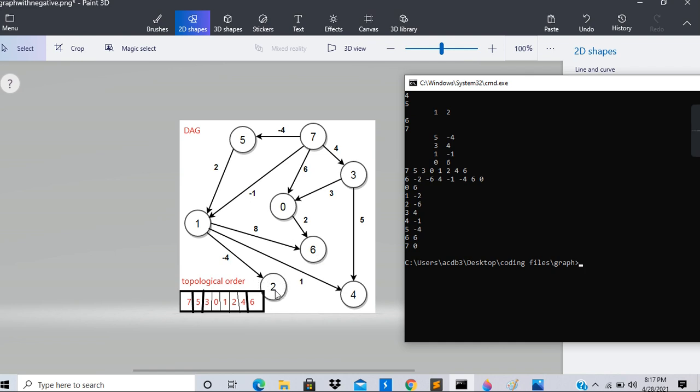To reach node 2 there are different ways, from 7 to node 1 and from node 1 to node 2, the length would be minus 1, minus 4, minus 5, but here it is minus 6. So it has again gone from 7 to 5, from 5 to 1, and from 1 to 2. So it is minus 4 plus 2 minus 2, and then minus 2 minus 4 minus 6. That is the minimum length.